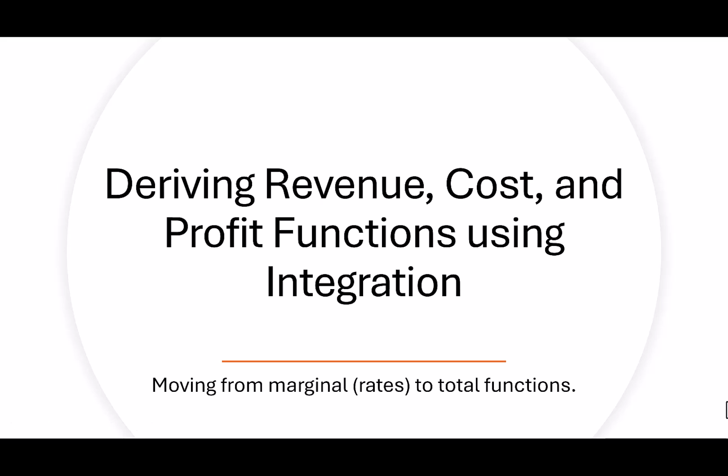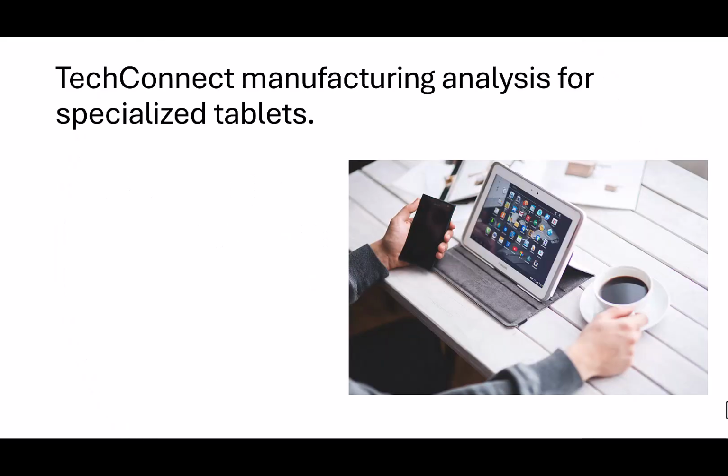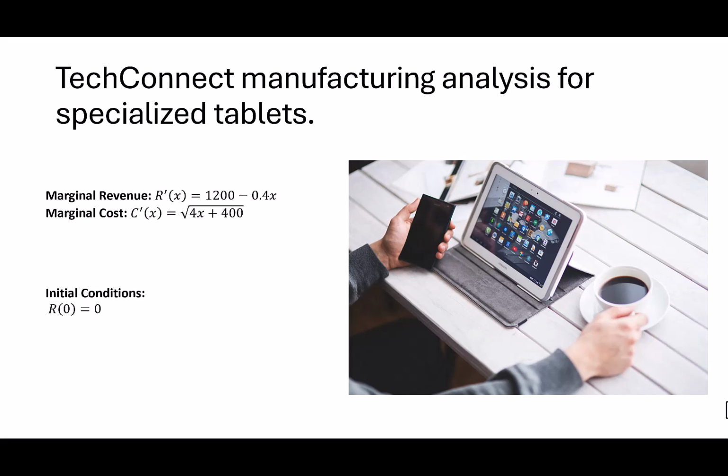Hi everybody, in this video we'll be deriving revenue, cost, and profit functions using integration. This means we're moving from marginal rates to total functions. We're given analysis from TechConnect, which manufactures specialized tablets. We know that their marginal revenue is 1200 minus 0.4x and their marginal cost is the square root of 4x plus 400. We're also given the initial conditions that R of 0 is 0 and that C of 0 is